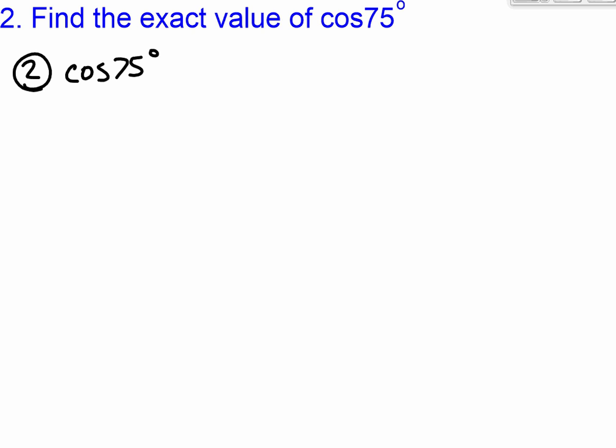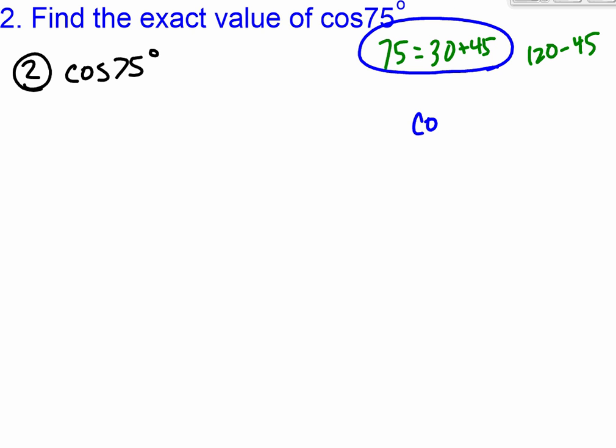What could 75 be equal to? 30 plus 45. And not that I'm going to use it, but what is 120 minus 45? Is that also 75? So you can sometimes use more than one thing. In the end, it'll work out to be the same thing as you go through. So for this one, we're going to use the fact that cosine, so we'll just use that one. It's the easiest one. The cosine of u plus v